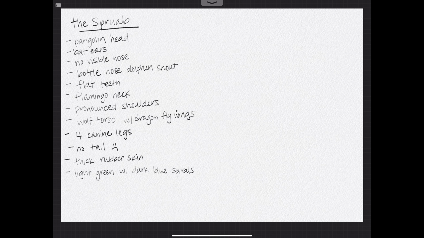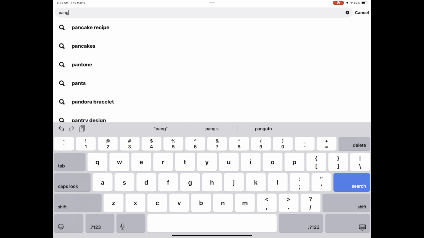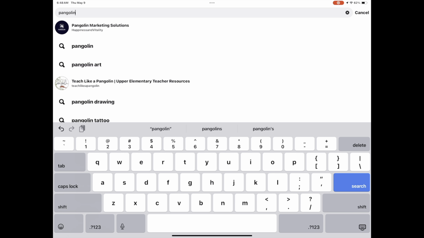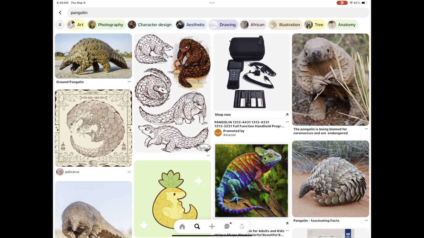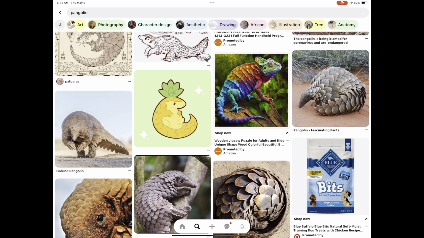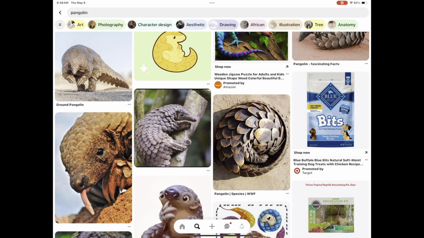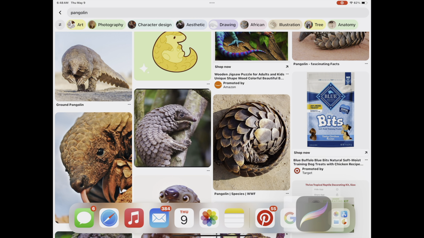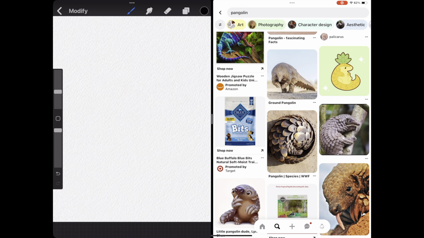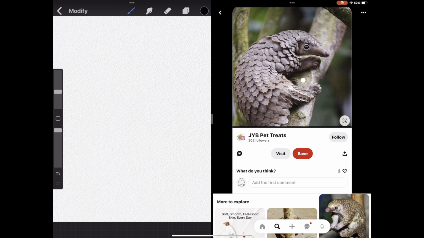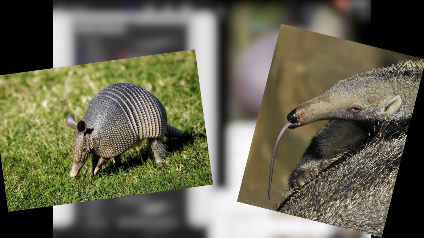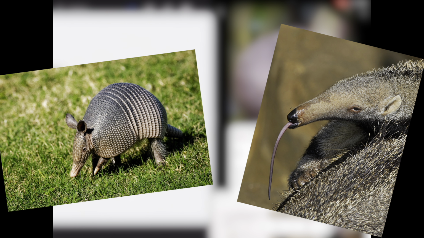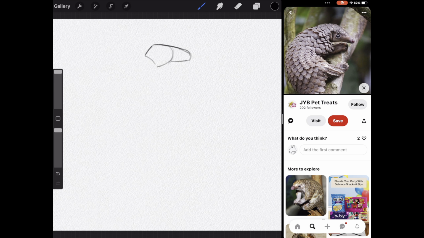Talk about a description, y'all. Now I had to look up pangolin. I think that's how it's pronounced. Hopefully I'm pronouncing it right. If not, oh well. I had to look this up because I really wasn't sure what it looked like. I've heard of it before. I know it's an animal, and when I looked it up, I was like, oh my gosh, this thing is kind of weird looking, but it's kind of cute at the same time. Kind of reminds me of an armadillo mixed with an anteater mixed with something else. I don't know, but